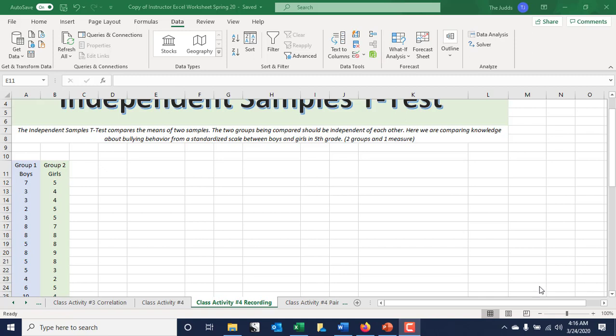So here I have my Excel worksheet up. I've titled it Class Activity Number 4. I titled mine recording because it's the one I'm recording, but when you do yours, you title it Class Activity Number 4. You're going to enter your scores that is in your handout, which is for the